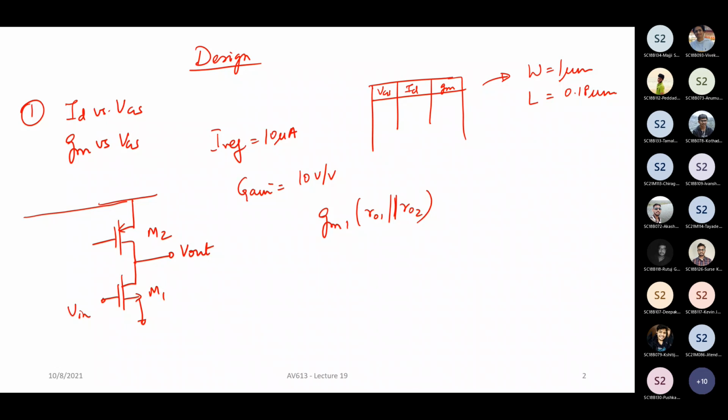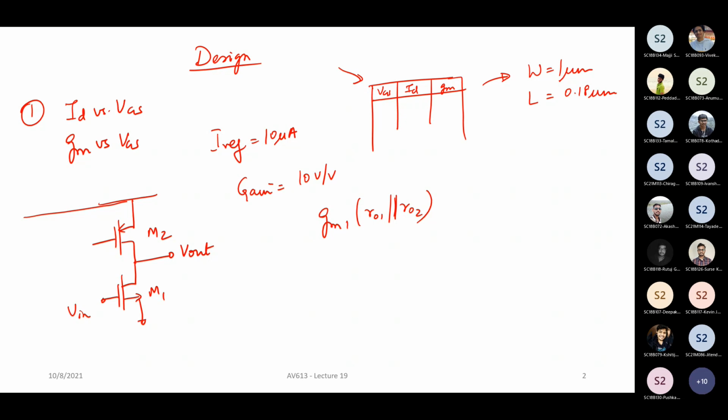Because the behavior of the transistor is so complicated, we do what is called a lookup table type design. What do I mean by a lookup table type design? Basically, you generate a table like this or a plot like this, whichever you're comfortable with. Then you use this table as a lookup table, and then you decide your values. Let me just take one example. I'll do it in pen and paper here, but I would like you to actually do it with the actual numbers that you are getting.